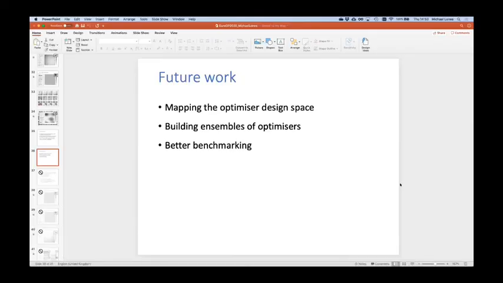So thank you, Michael. Thank you for your interesting talk. I see that we have a couple of questions here. Leo started with a question that was already answered in the slides, but in fact, I had exactly the same question. How did you represent the solutions in PushGP? But I see that, as Leo says, it's a sequence of instructions, not a sequence of solutions.